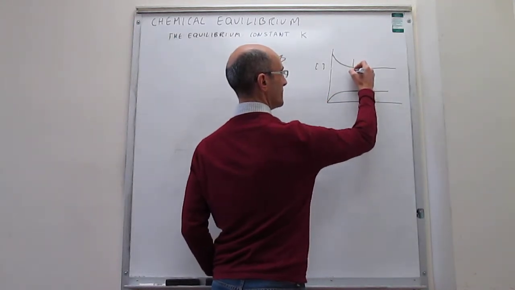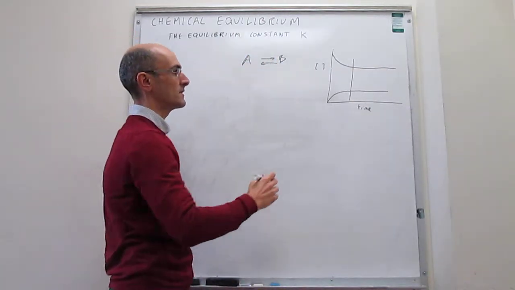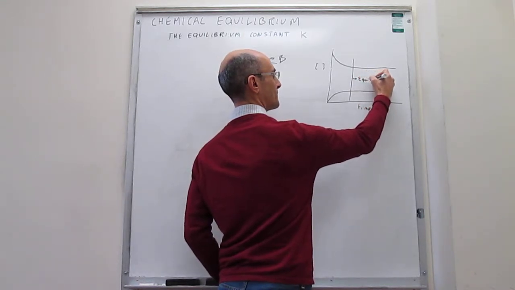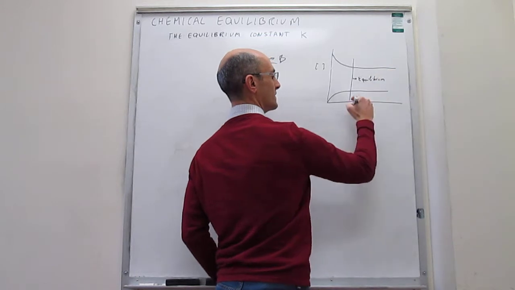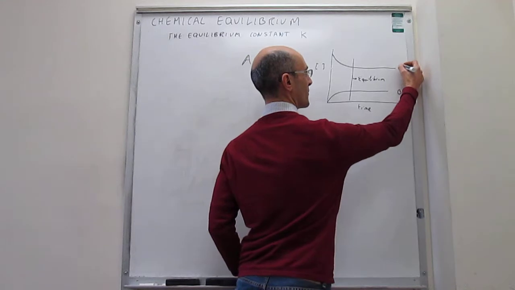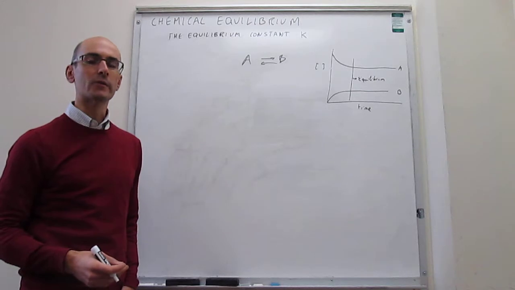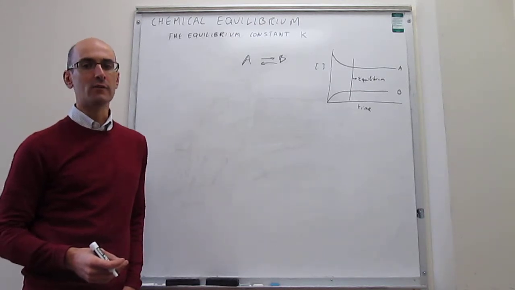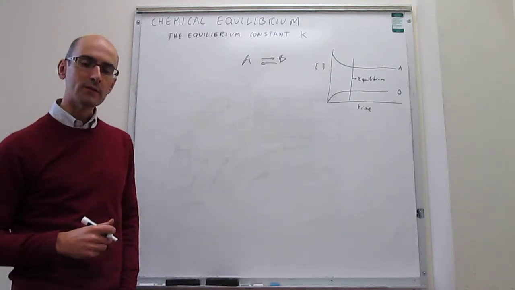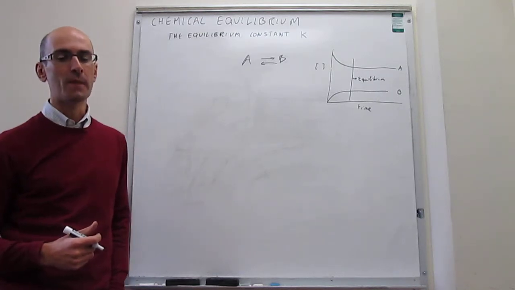And then we can see that there's a point during the reaction where the concentrations no longer change in time, and then we call this a chemical equilibrium. So after this point in the reaction, chemical equilibrium is reached, and then you cannot make any further progress of reagents into products. Now what we do in this video is characterize a little bit at a quantitative level how this equilibrium works. Right? So what people found by doing measurements, so this is all a phenomenological explanation, was that